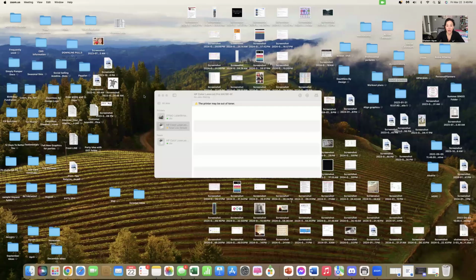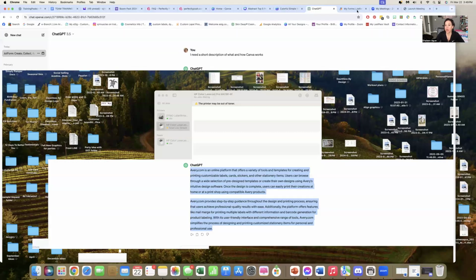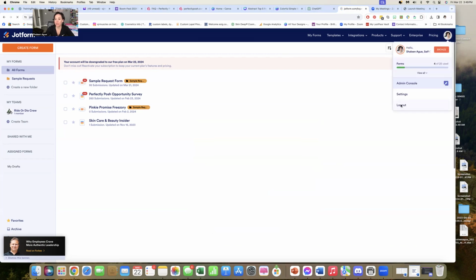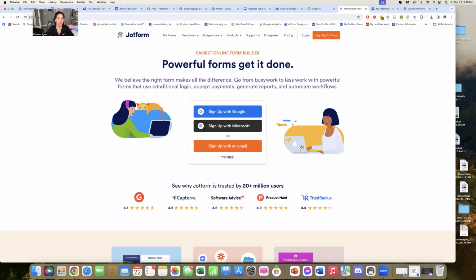I'm going to screen share and we're going to do a basic how-to. Let's go over to Jotform. Okay, let me log out of Jotform because I currently have myself logged in. I want you guys to see what it looks like from the front. So when you come to